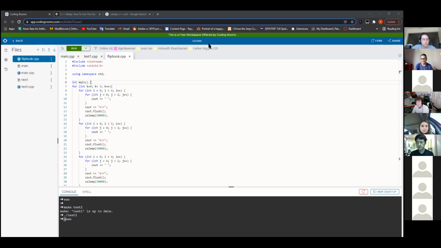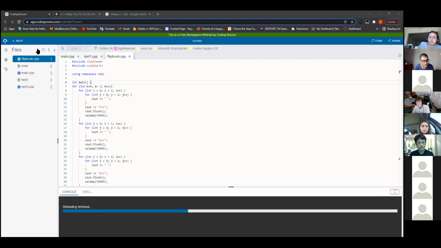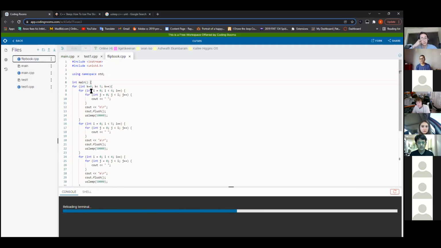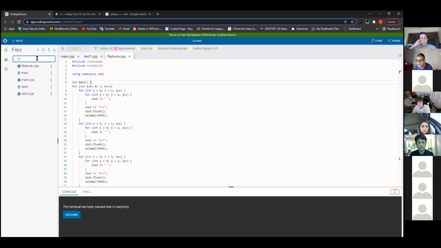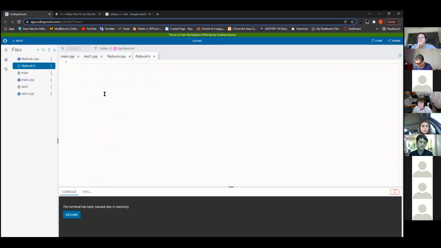And so what we'll do is create a new class called Flipbook. Let's not start with the one that you already have. You already have one? I see. Let's do the Java convention, which would be nice. So create a file called Flipbook.h, a header file. One of the things you'll find is that when you create classes, it's good to create the class in a header file, not in the CPP file itself,